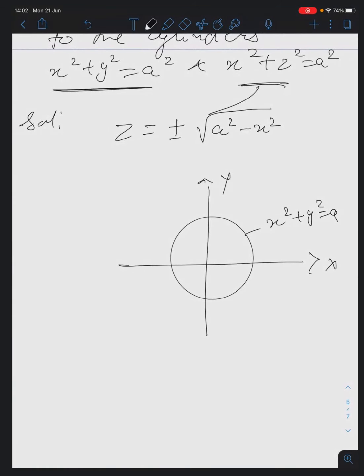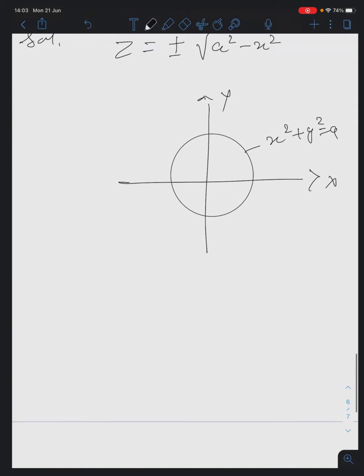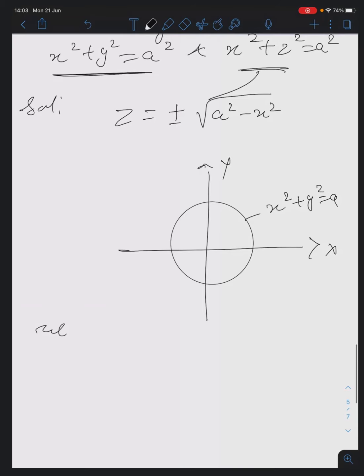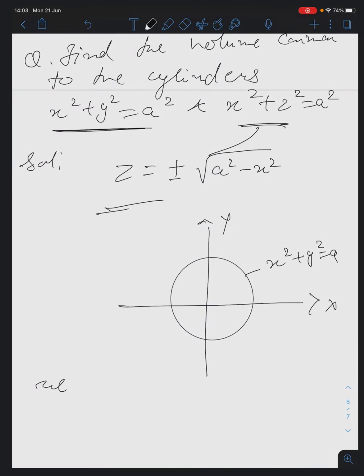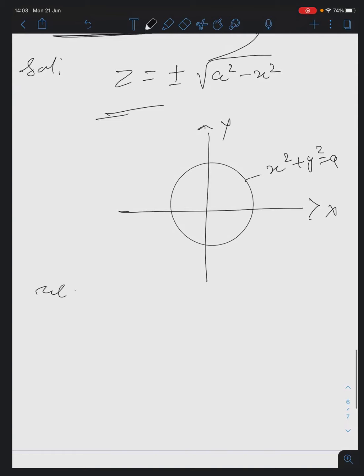Now from this you find the limits and calculate it. Okay, so the required volume, see, each of the surface is symmetrical about the xy plane. So the required volume